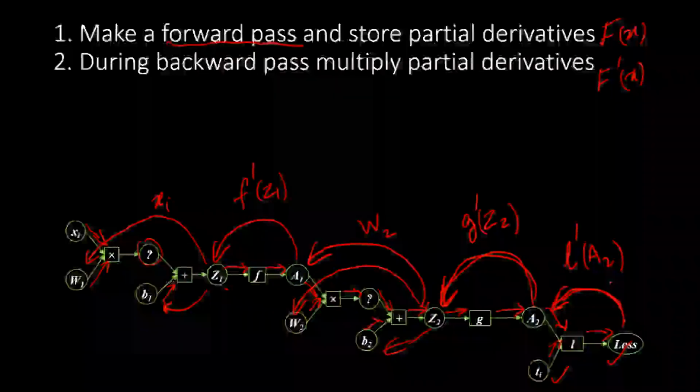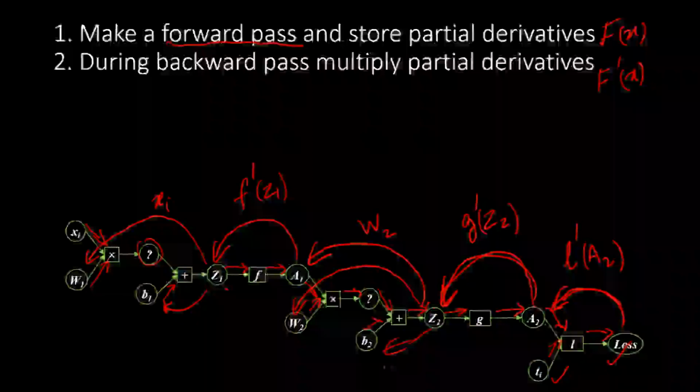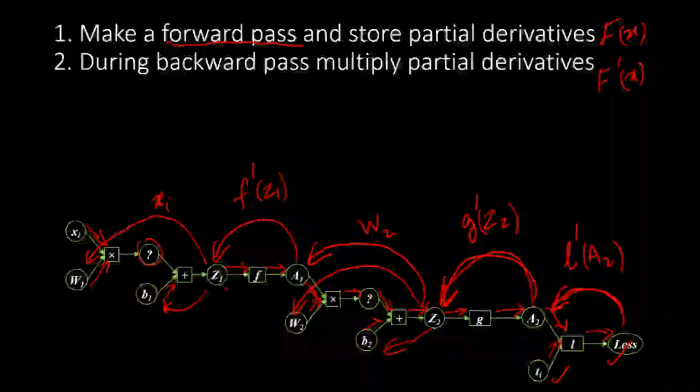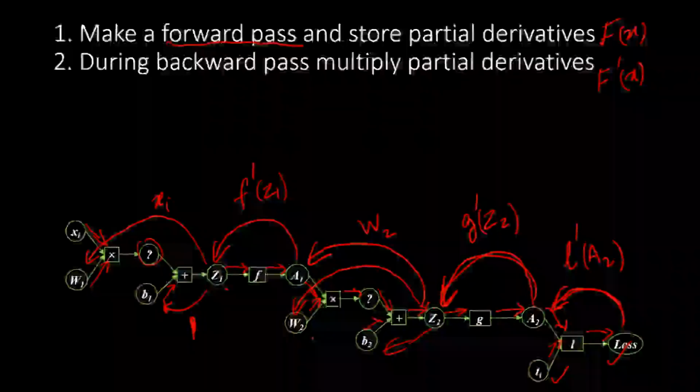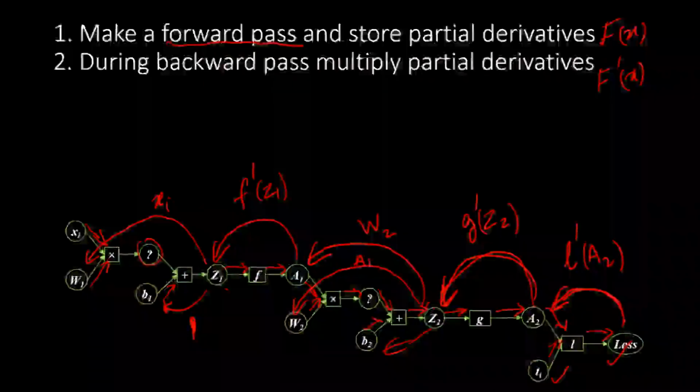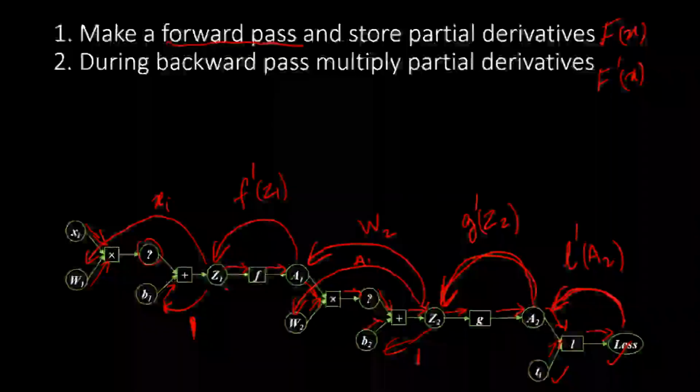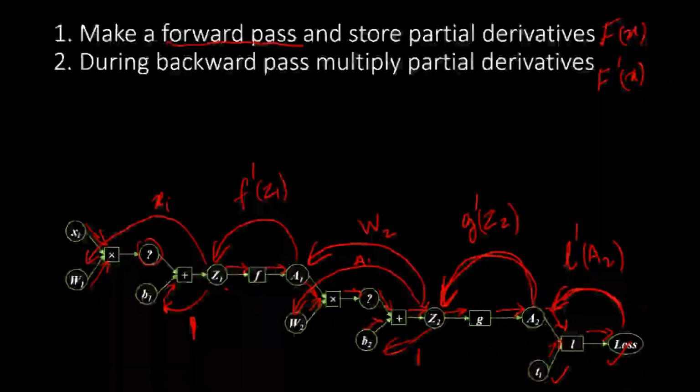Another thing to notice is that we didn't worry about b2 and w2 and b1, but that can also be done. So what is the partial derivative of z1 with respect to b1? That is going to be just 1. What is the partial derivative of z2 with respect to w2? That is just going to be a1. What is the partial derivative of z2 with respect to b2? That is going to be just 1. Okay, so these are all the partial derivatives that you need for computing the derivative of the loss with respect to w1, with respect to w2, with respect to b1, with respect to b2.